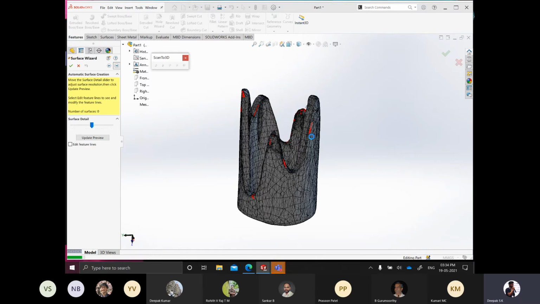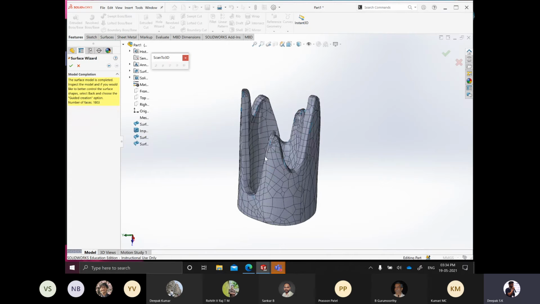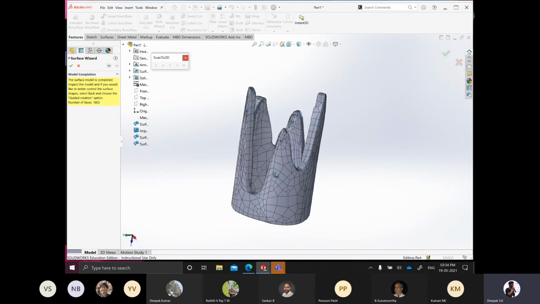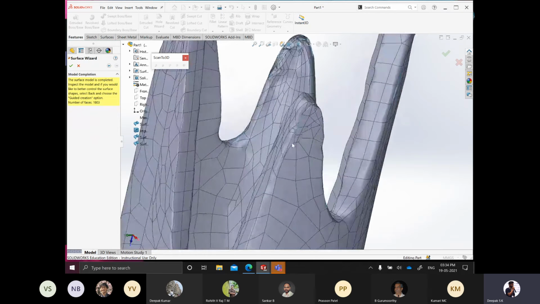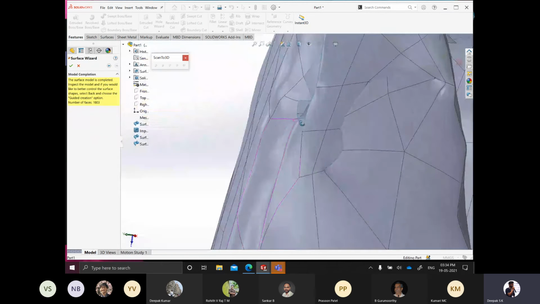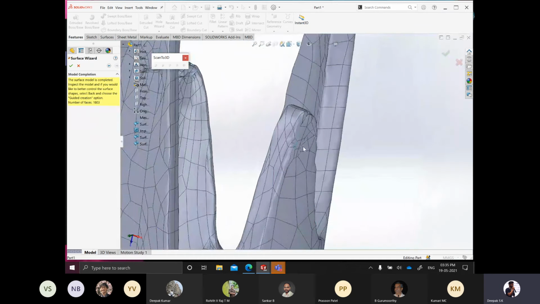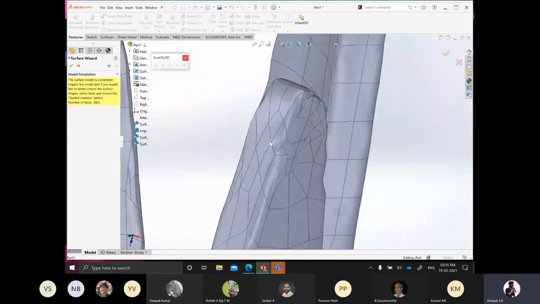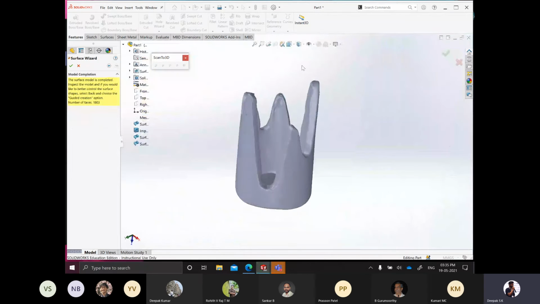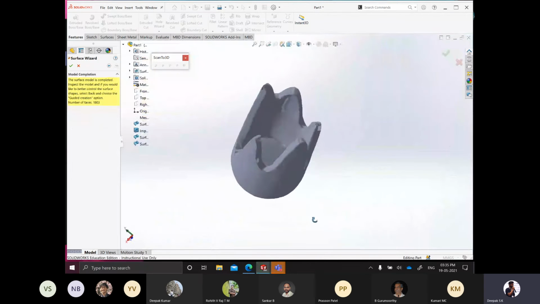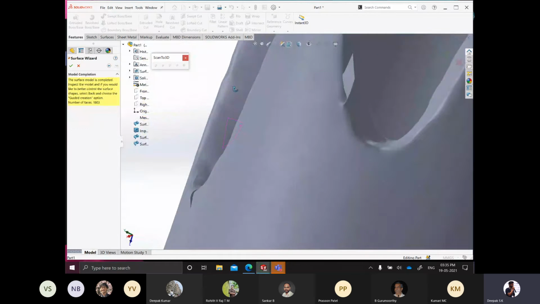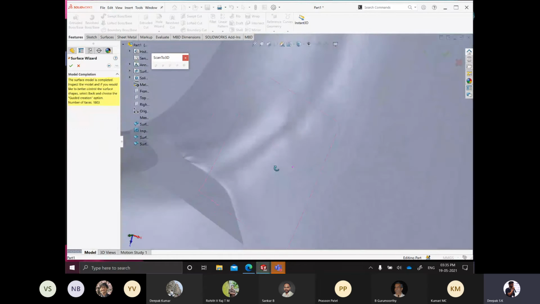So here you can see that there are many red regions which represent basically there are errors there. So there might be some kind of form of discontinuity or a broken model there. So if you zoom there, you can see here. Yeah, so this is a broken model. So the cloud point data are not meshed properly, and then you have to alter the parameters which you have done in the previous stages to get a better surface. So when you go to this smooth view, you will see that this is the kind of surface that you will be getting. So there's a discrepancy here as well.